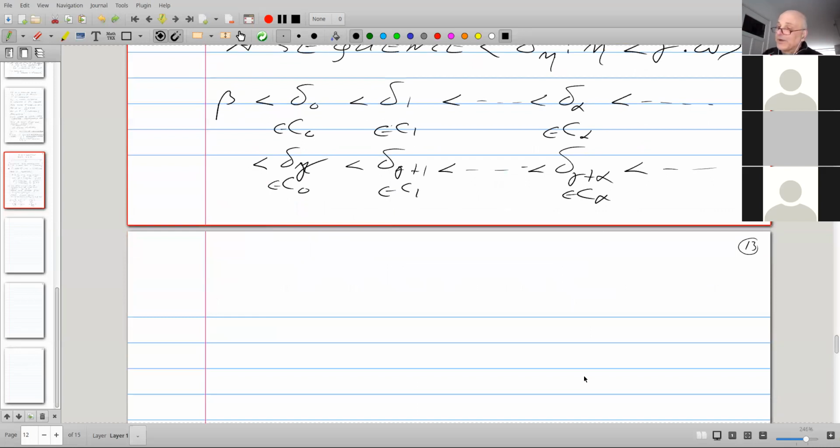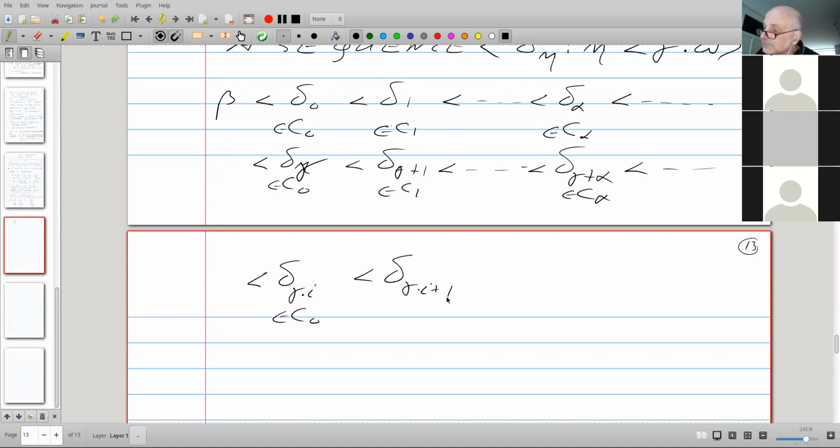Now you can see where this is going. We go through the whole set of natural numbers, and every time we go through a whole gamma sequence of closed unbounded sets, and we keep picking points in those sets. It's always possible because of the regularity of kappa.